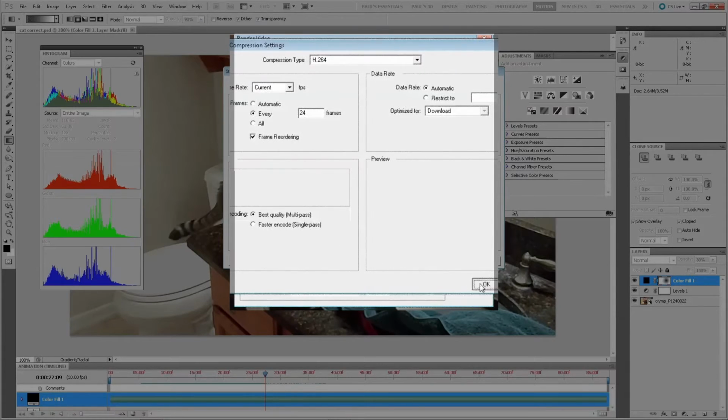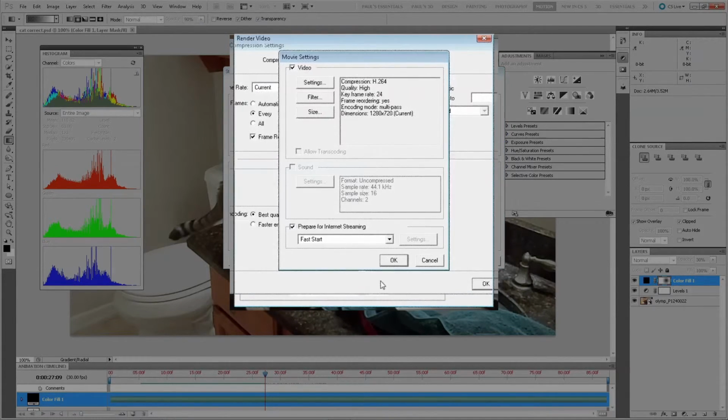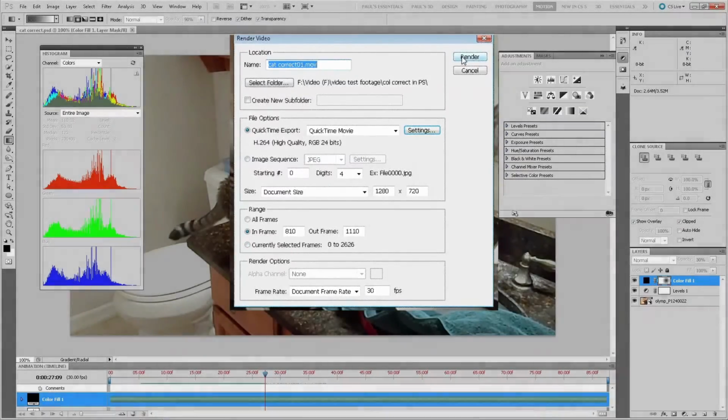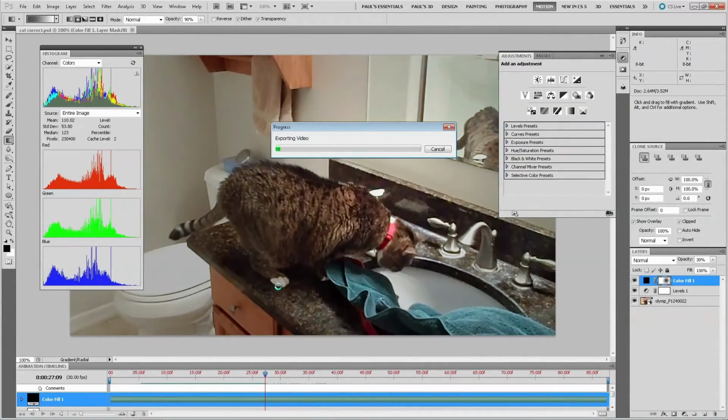H.264. Just leave those settings. And there we go. Hit render, and the progress bar appears, and when that's done, your file is done.